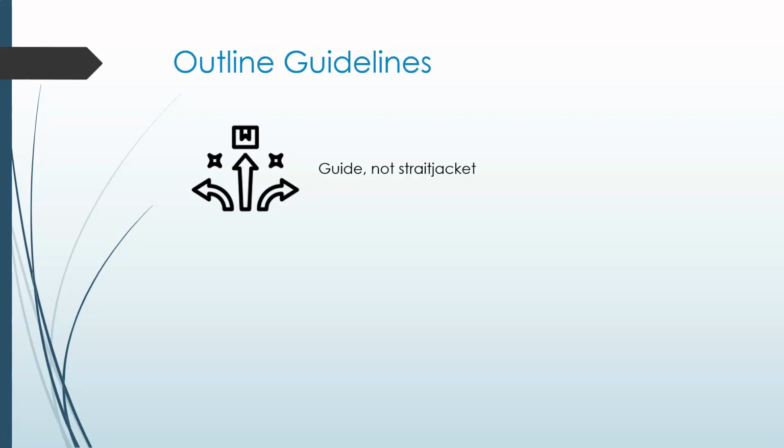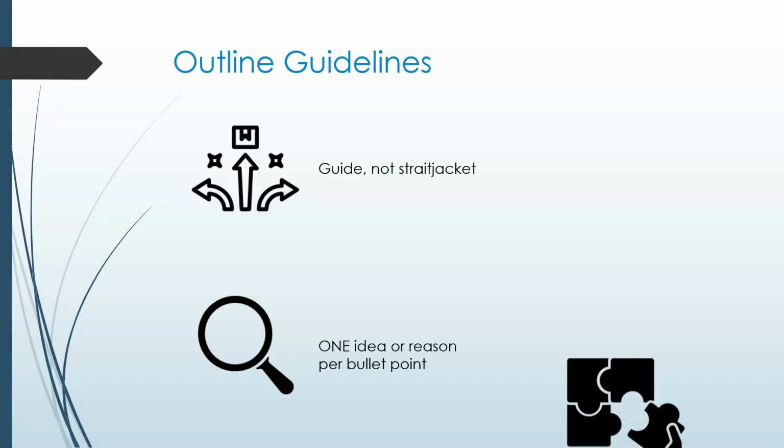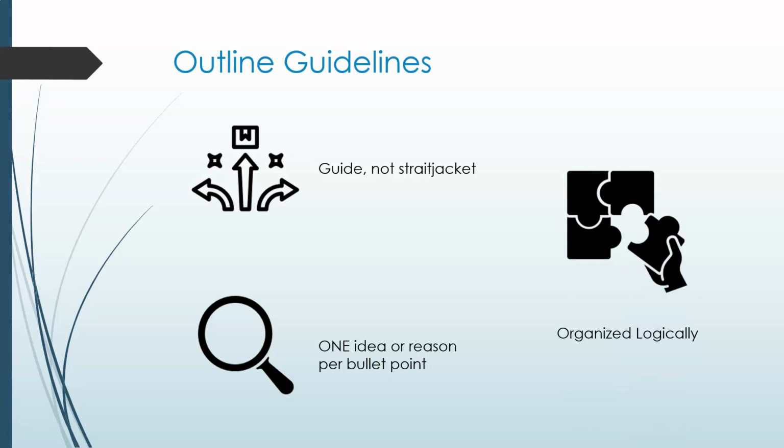Some important aspects of outlines include the restriction to just one idea or reason per paragraph or bullet. Notice I didn't say one topic. You're not going to have just a general topic, but actually what is it that you're saying about the topic? Just like the thesis is not only the subject, but also the argument being made about that subject, topic sentences, or an idea for a paragraph, should include not just the topic, but also the argument being made about that topic. The other important aspect of an outline is that it's organized logically, but there are many